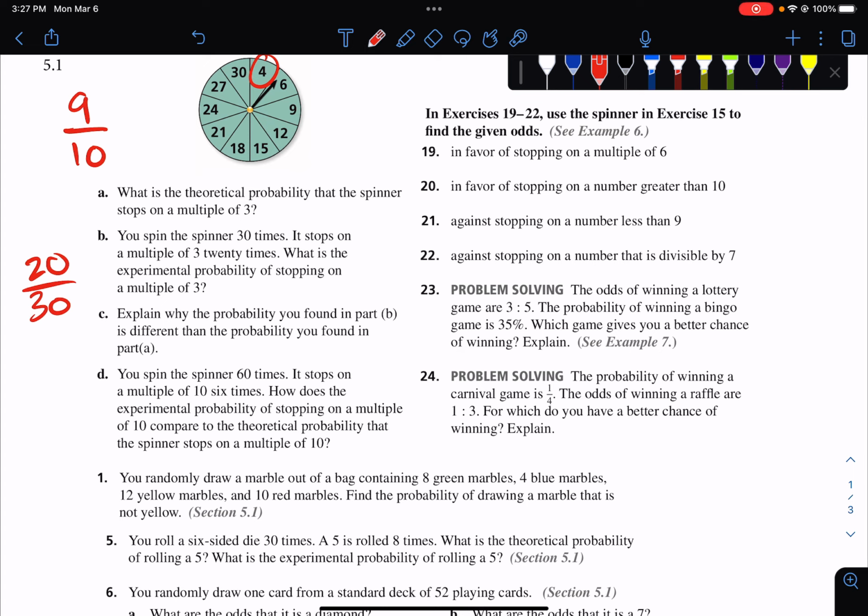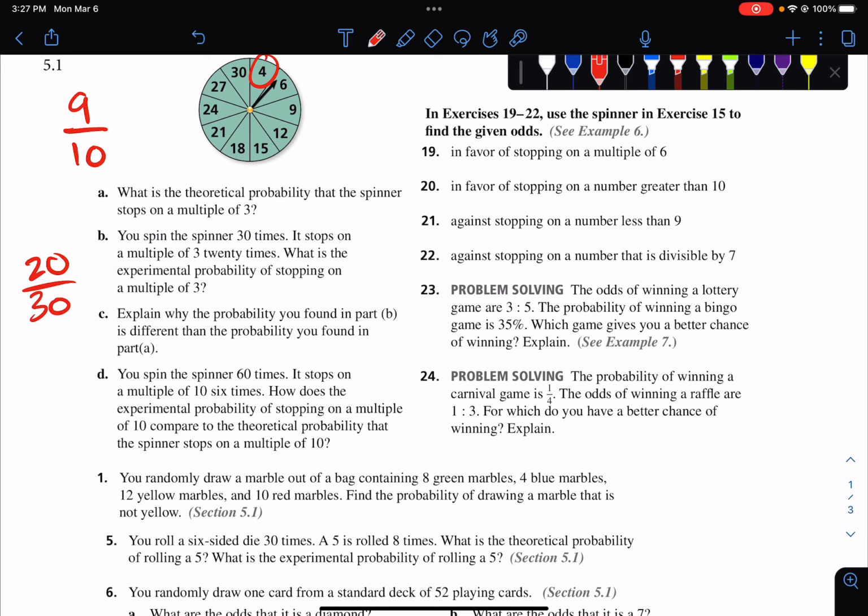Part C asks for an explanation of why these are not the same. And really, it's a simple explanation. 9 out of 10 is what theoretically should happen. That doesn't mean it's guaranteed to happen when I actually do the experiment, especially if I only do the experiment 30 times. Okay. Part D says you spin the spinner 60 times, it stops on a multiple of 10 6